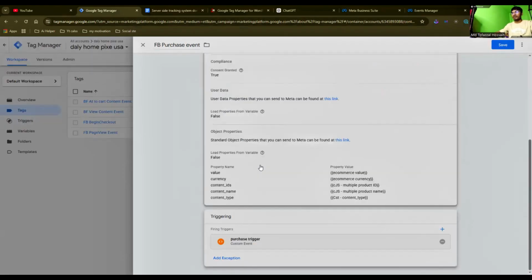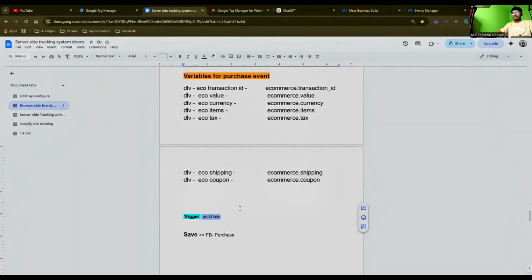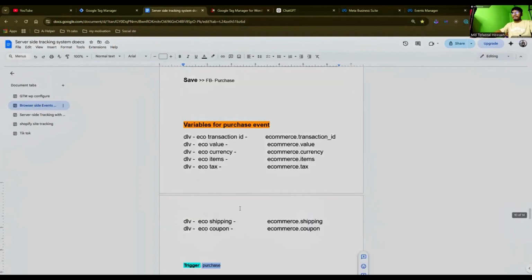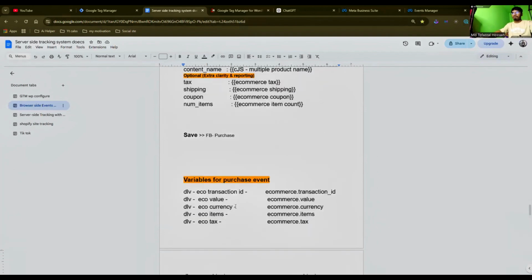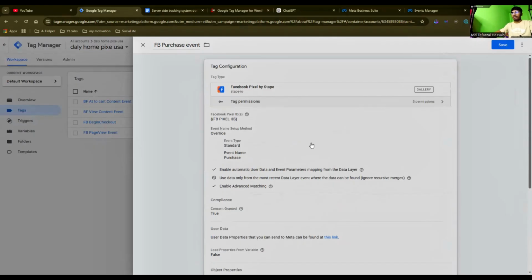Oh, wait a minute, there is something. I think I made a mistake. I'm not created the transaction ID. I needed to create transaction ID. Okay, it's a long time, so I'm not. If I press the cross option, it will be all deleted. So I press the save,